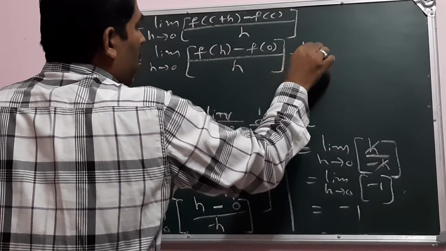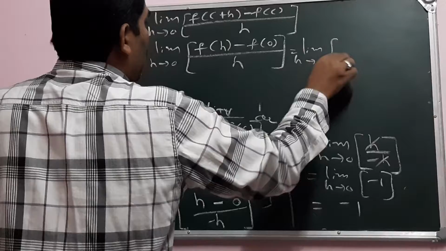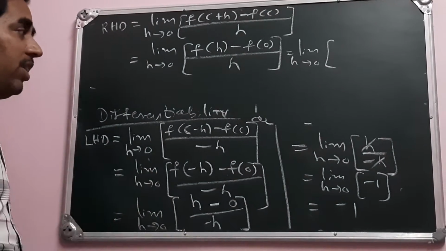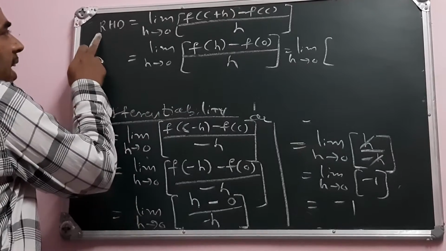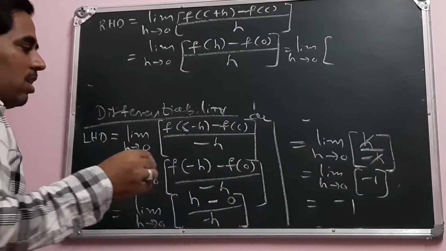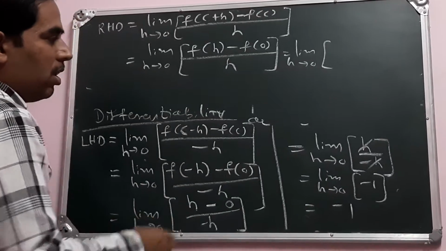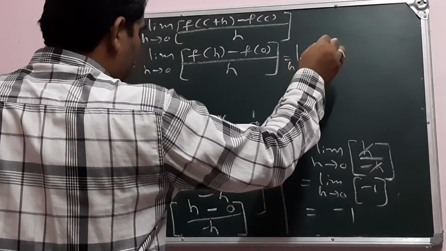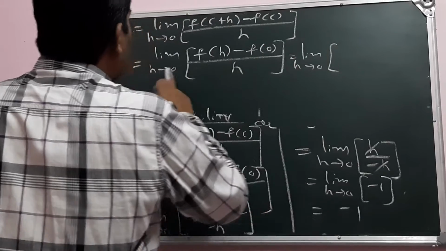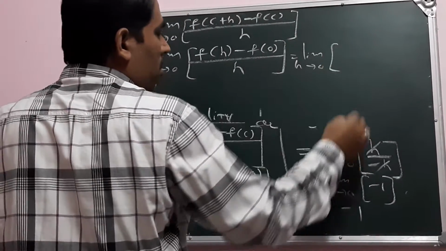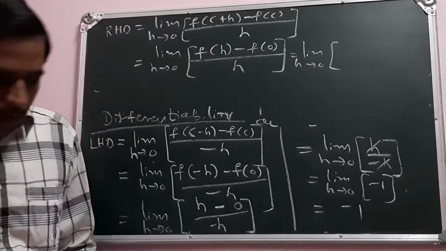So we can continue here only. Limit h tends to 0, f of h. So now f of h means what? Here h tends to 0, we are calculating the right hand limit. Earlier f of minus h was equal to h. So what is f of h? Here x is greater than 0. So how is the function defined? Our modulus function, so let us define it here.